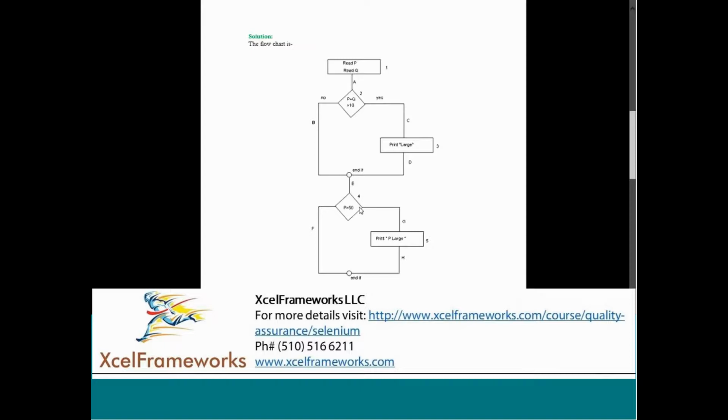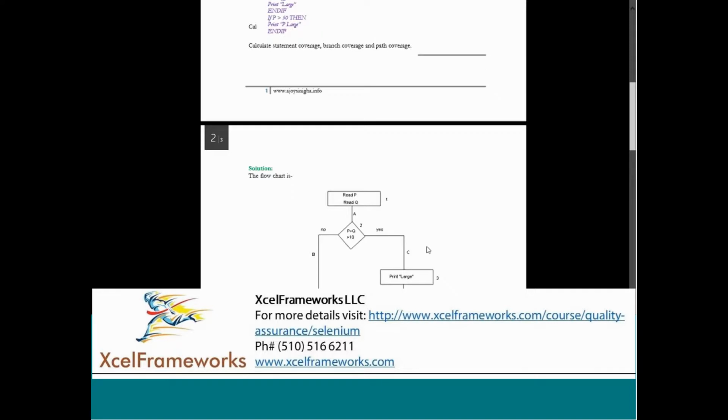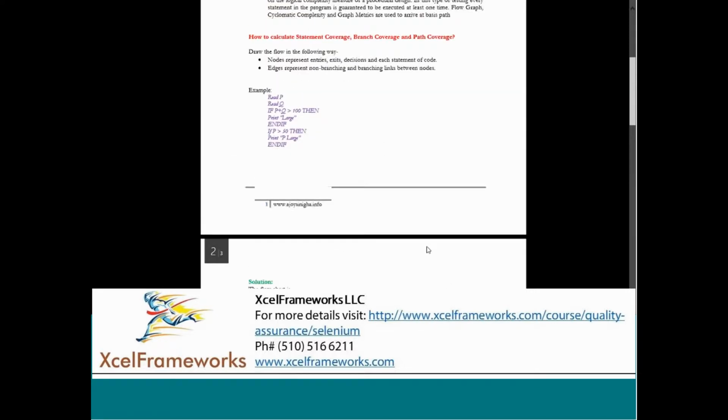My assumption is P is greater than 50. So if it is greater than 50, you should go to 4G and 5H, and this is the end. Correct, right? And also there are cases where it will come back to the right side, where P is not greater than 50. Then you should come back to 4F and the end of the statement. You cannot go to 4G. So for this, what we call is statement coverage, branch coverage, or path coverage. We'll come back to that branch and path.